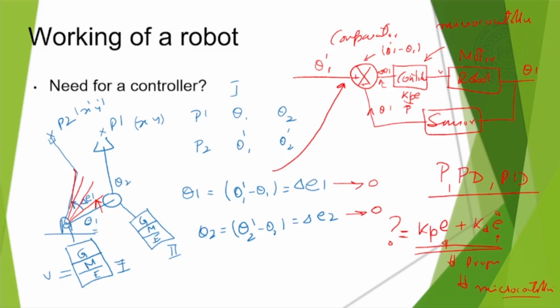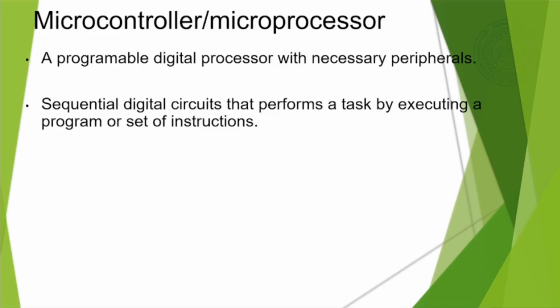So this is how a robot works, and for the working of the robot, we need a microcontroller, some device in which we can embed the control loop or the control structure, or we can call it the control law. So the control law will be embedded in the microcontroller, and it is going to execute that. The microcontroller is going to execute whatever control law you have implemented in there. It can be a P control, PD control, or PID control. So the microcontroller essentially executes the control law to get your desired objective.